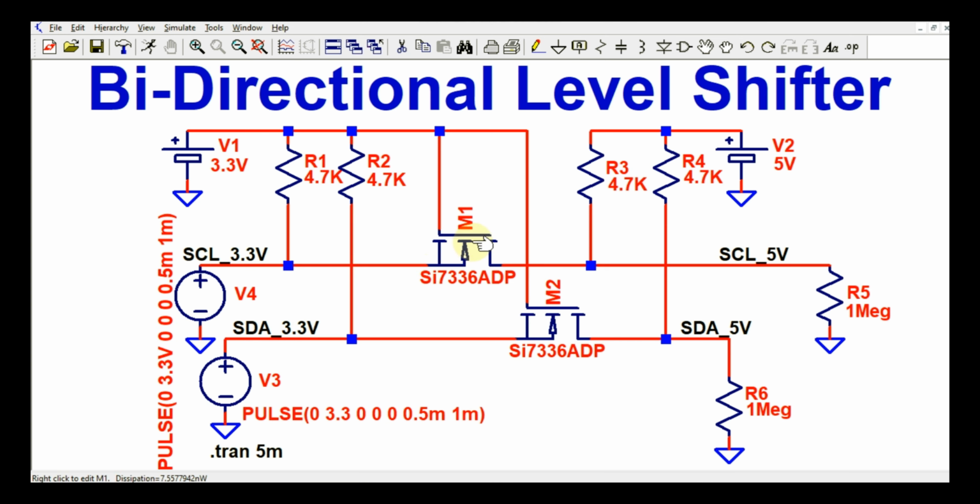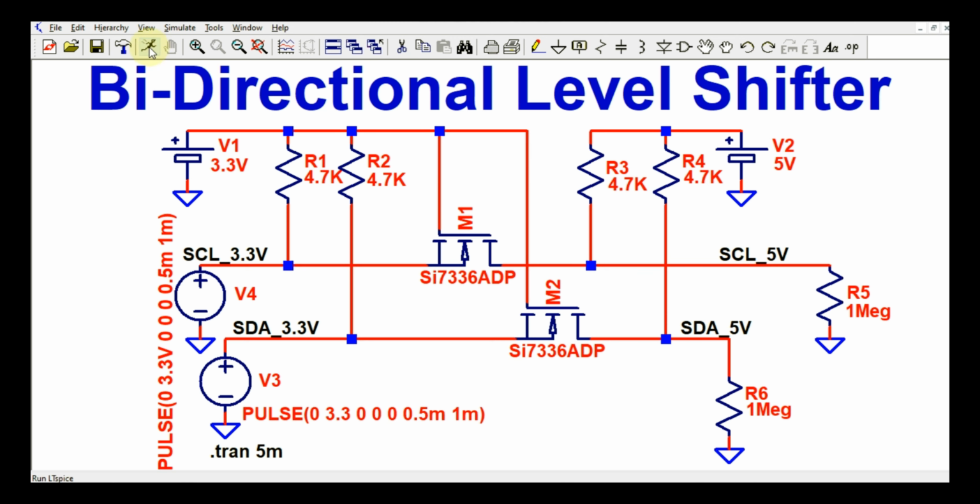I also use two MOSFETs. The MOSFET gate is connected to the 3.3 volt power supply. Here I use two pull-up resistors, R1 and R2, connected to 3.3 volt, and here I also use two pull-up resistors, R3 and R4, connected to 5 volt. Now I will run the simulation and show you how the level is being converted, how the level is being shifted.